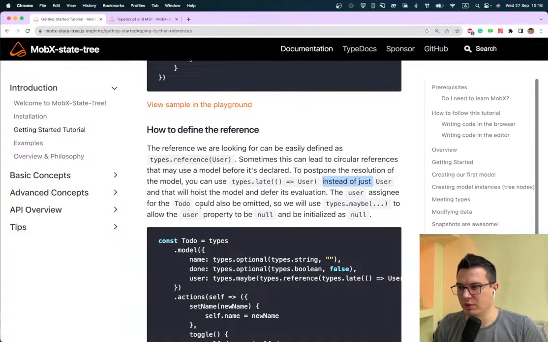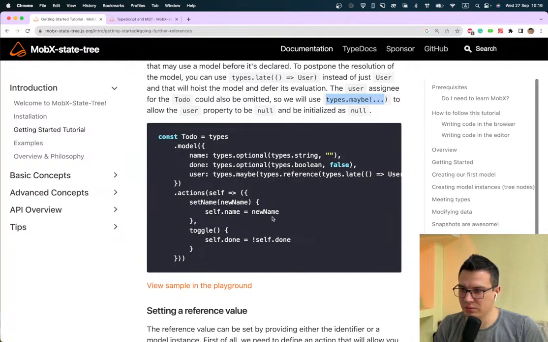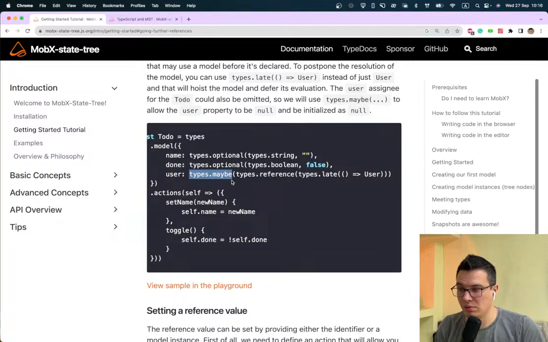The user assignee for the to-do could also be omitted, so we will use types.maybe to allow the user property to be null and be initialized as null. So we add in this field user, type maybe, so maybe it's